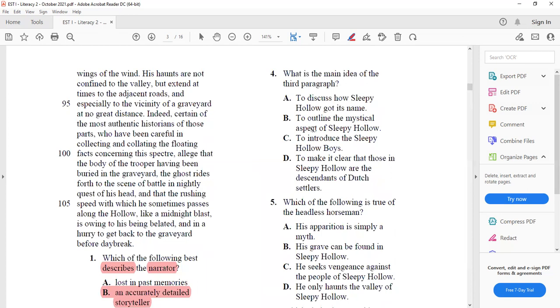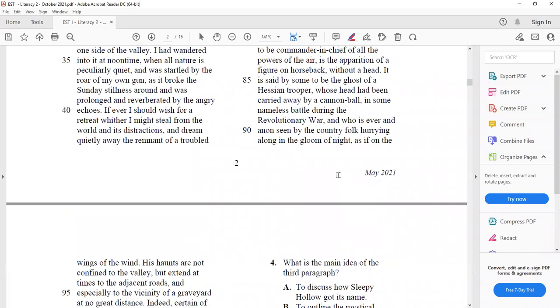The mystical aspect, Sleepy Hollow. Sleepy Hollow boys, take care. It includes Sleepy Hollow in all of them. Clear, those, Sleepy Hollow, descendant, Dutch settlers. In this one, you have to take care of something. Whenever in the passage something starts to be repeated again and again, it's going to be the answer. Let's go to the